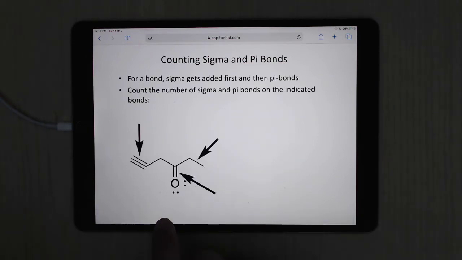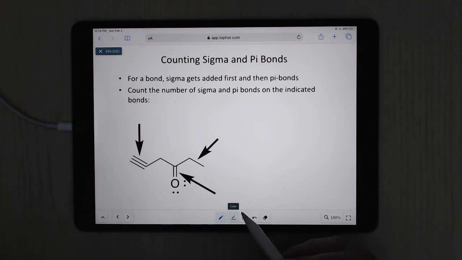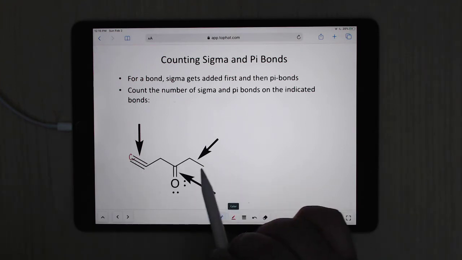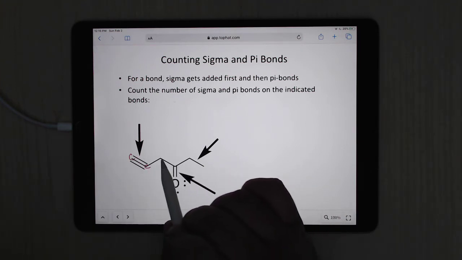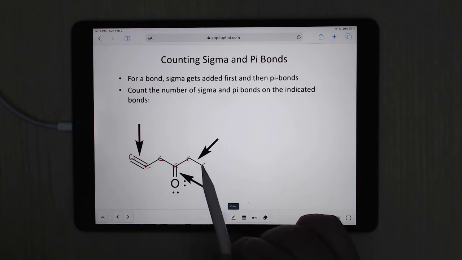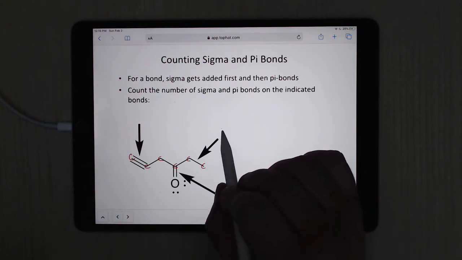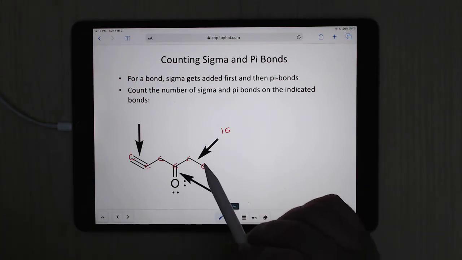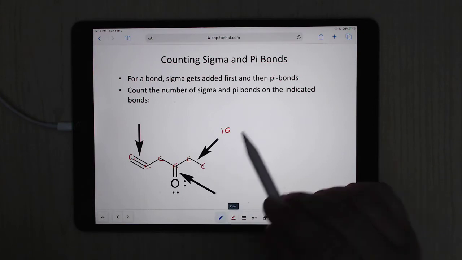Okay, so if we want to count the sigma and the pi bonds, we're going to get to what this drawing means in a minute. So carbon, carbon, carbon, carbon, carbon. For here, there's only one bond, so you're always going to have a sigma bond, because that's the most stable. It wants to make a sigma bond first, but there's no additional bonds between these atoms, and so there's